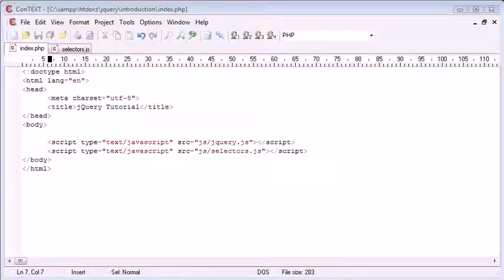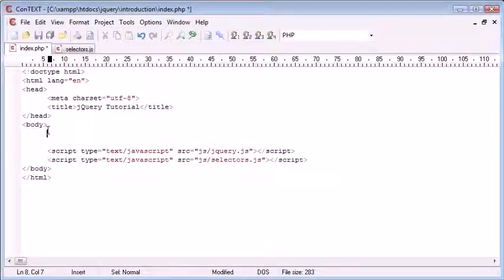In this tutorial we're going to again look at selectors, but this time we're going to look at the element selectors. Now obviously an element in an HTML document would look something like this. This is a paragraph element. We could also have something like a div, a span, as well as things like images, and things like A tags as well. So there's a variety of different elements inside HTML documents, and we can use jQuery to select specific elements of